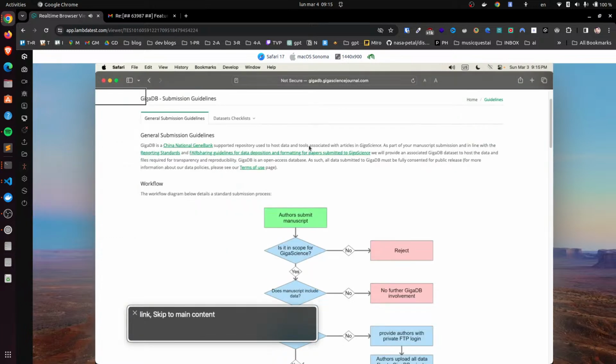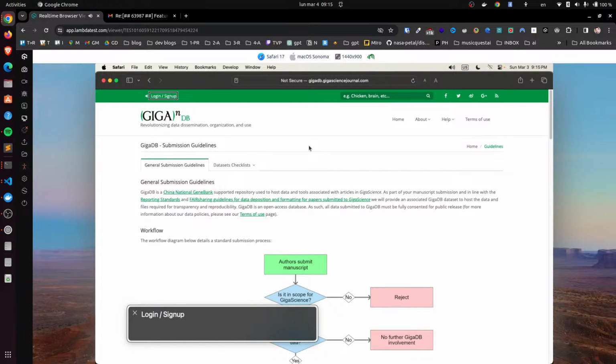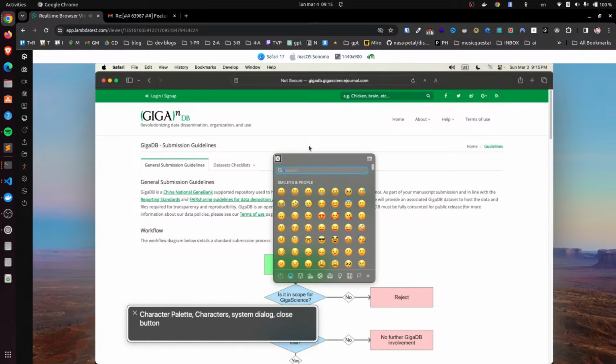Link. Skip to main content. You are currently on a link inside of web control content. To click this link, press Control option Option Space. A. To exit this web area, press Control Option Shift up arrow. Option Link. Login/signup. Skip to main content. You are currently on a selectable text. Character palette.